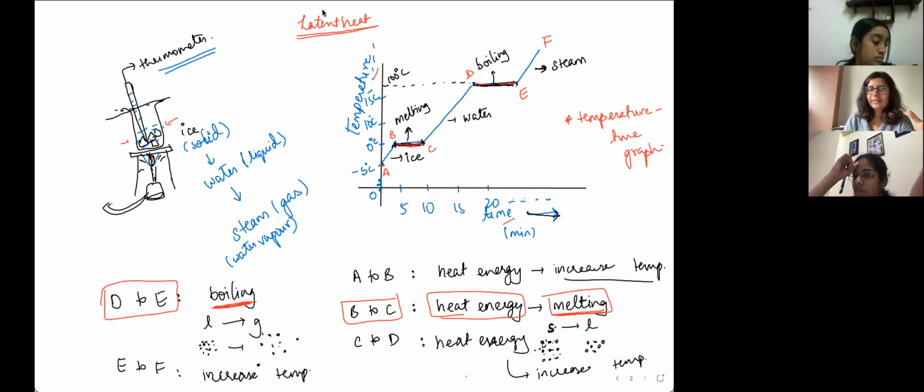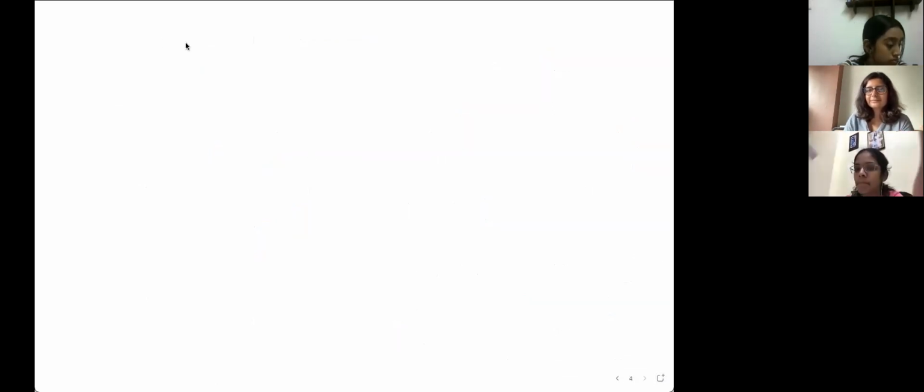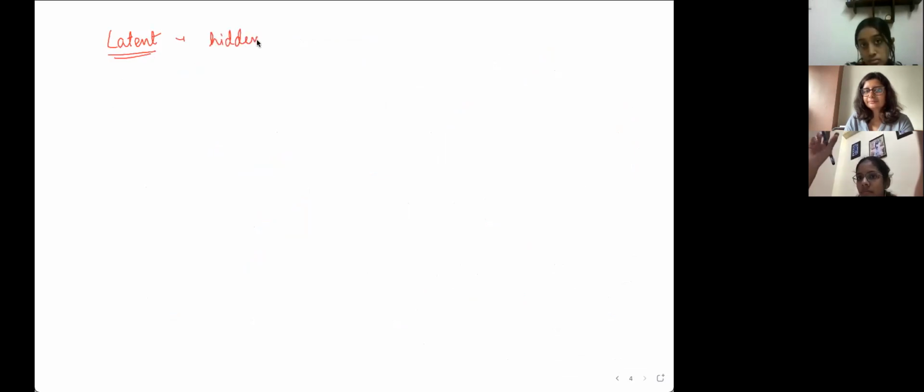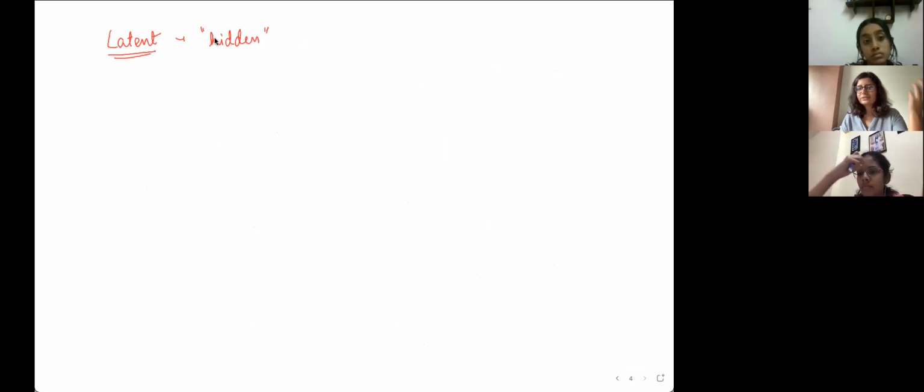So why do we call it latent heat? Do you know, have you come across the word latent before? This word latent? No. So latent ka meaning is hidden. So iska Greek ya Latin kuch to roots hai. Like you use it in some cases to talk about, you know, like this talent was latent in this child. Matlab it was hidden, nobody knew about it. That way. Latent ka matlab hai hidden. In this context,